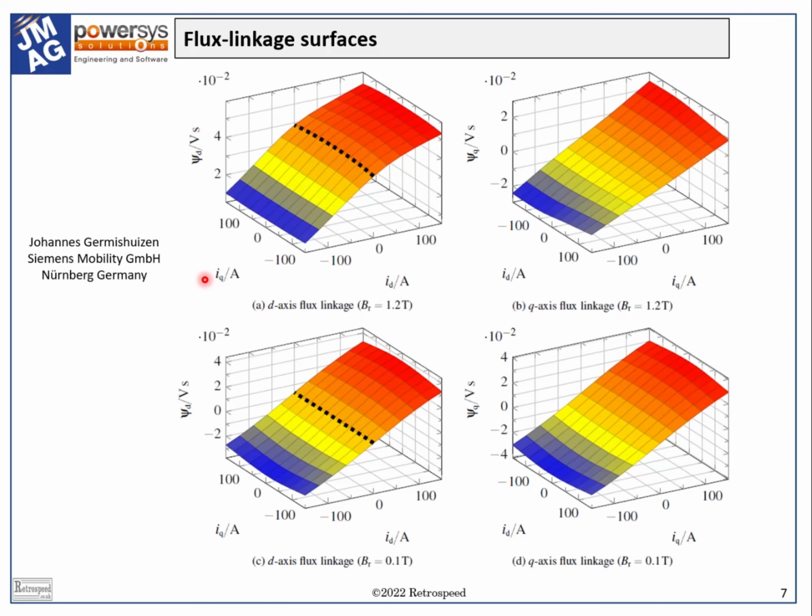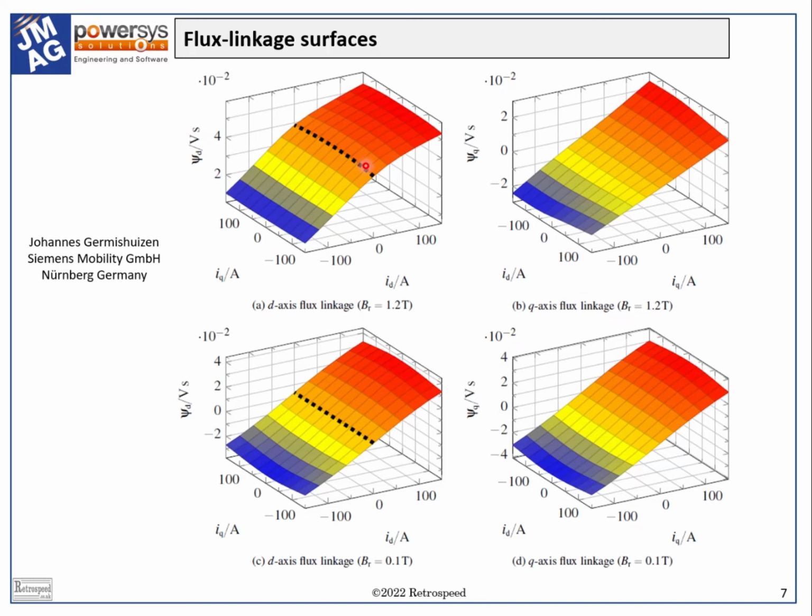The two cases at the top represent the actual machine, while those at the bottom represent an artificial situation where the magnets are practically demagnetized. If we divide by the respective currents, we get the respective inductances LD and LQ as functions of ID and IQ, including the effects of cross-saturation. In the D-axis, there is an element of the flux linkage that appears when the D-axis current is 0, and this is the flux linkage due to the magnet, that is the open circuit flux linkage.